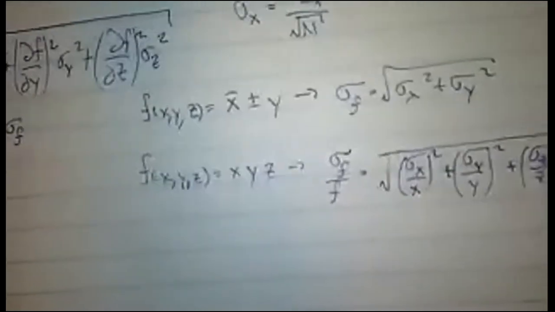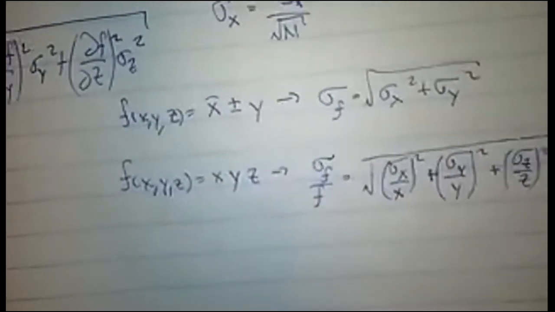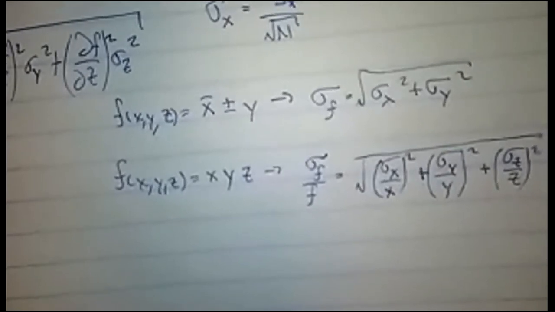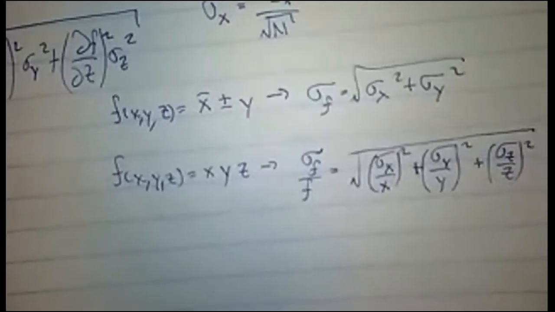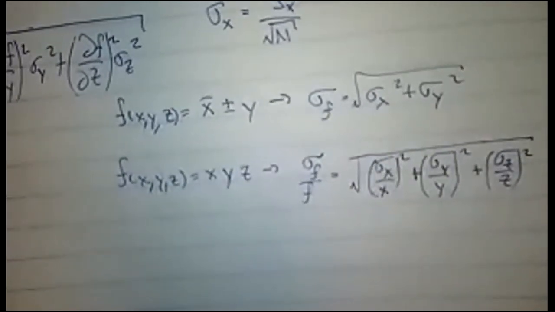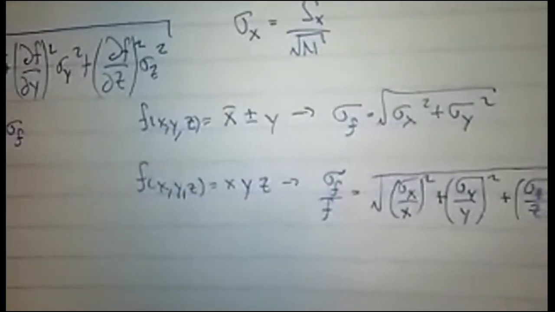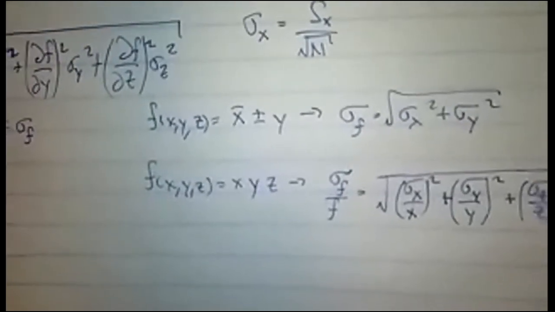The good news is if it's all addition and subtraction, you're just going to get a quadrature relationship where the uncertainty in F is just the sum of the squares of the uncertainty in X, Y, Z, W, whatever. As long as they're all added together or subtracted from each other, and they don't have twos in front of them or threes or anything like that, the coefficients are all one, then that formula right there works.